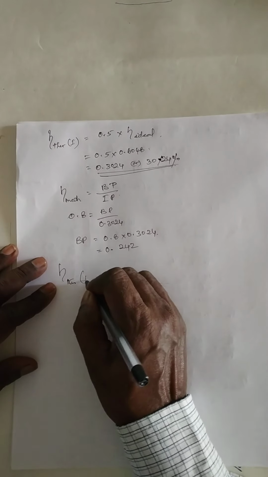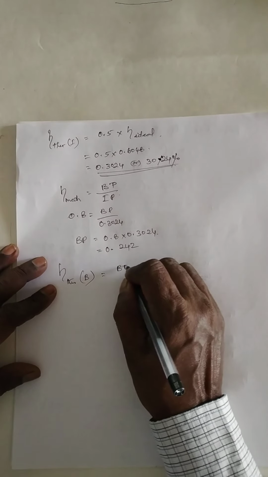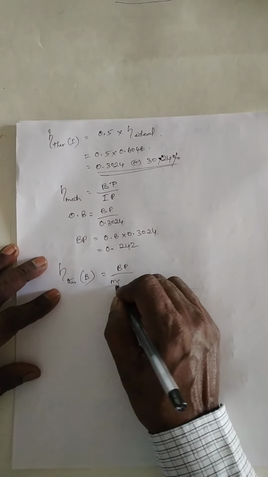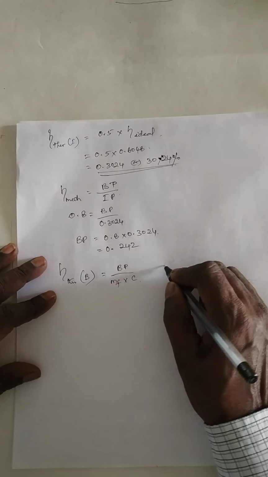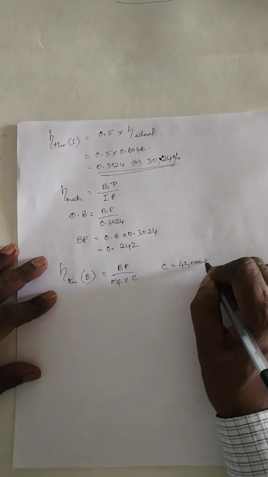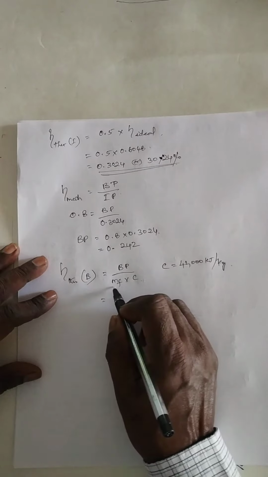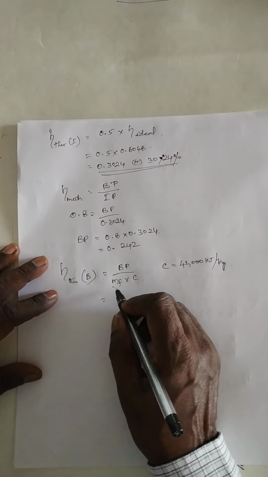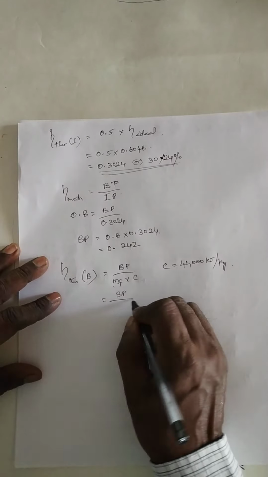Now the brake thermal efficiency formula is BP divided by Mf into calorific value. C is the calorific value, which is given as 42,000 kilojoules per kg. Now we are going to convert this into hour. So BP divided by Mf